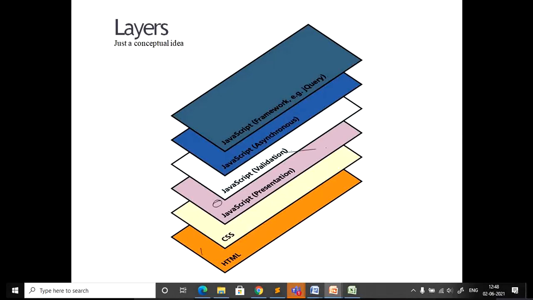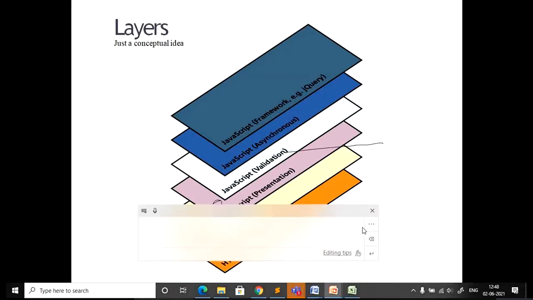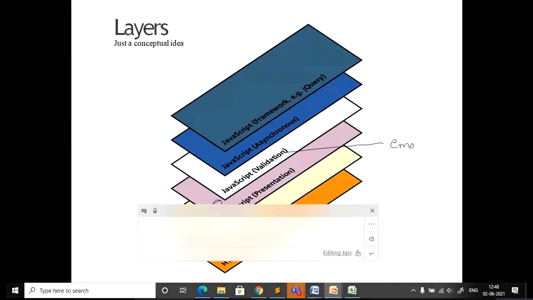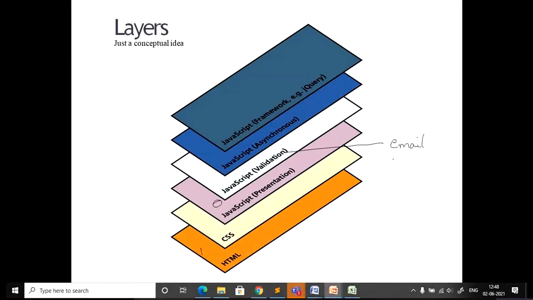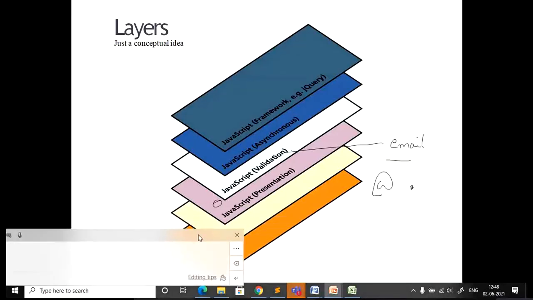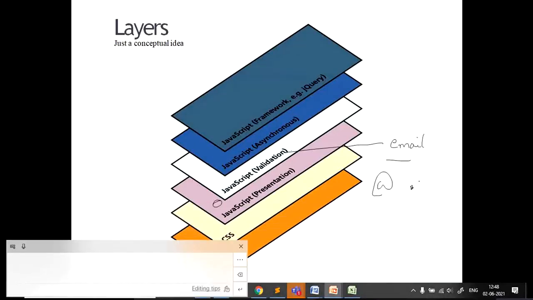If you are filling in a registration form with an email ID field, you need to write JavaScript to check whether the input has the at and dot symbols.